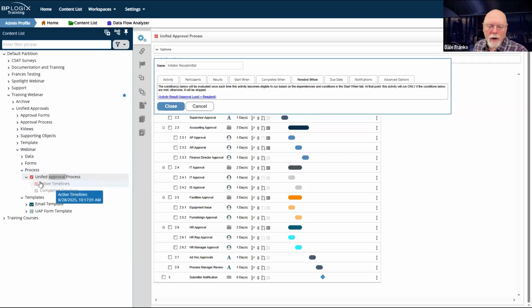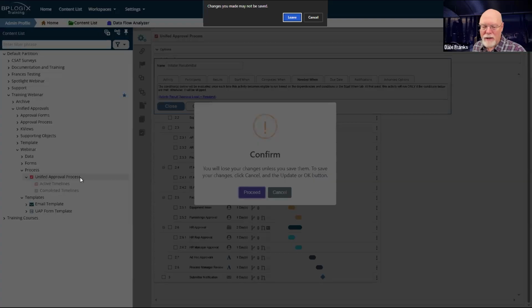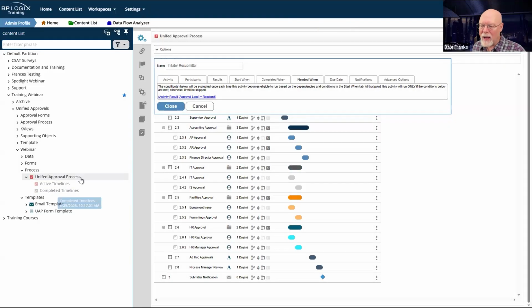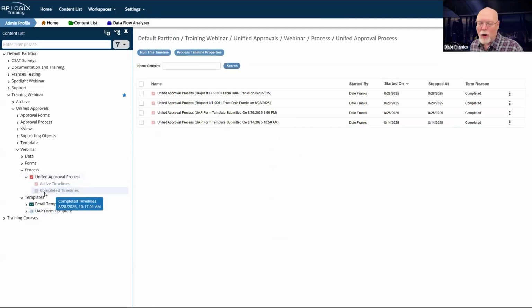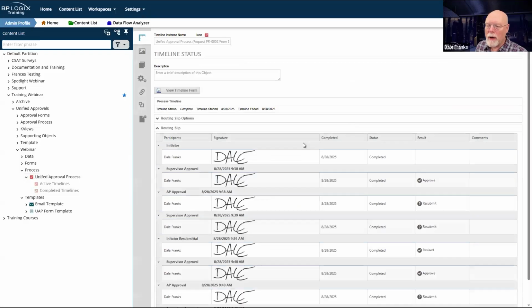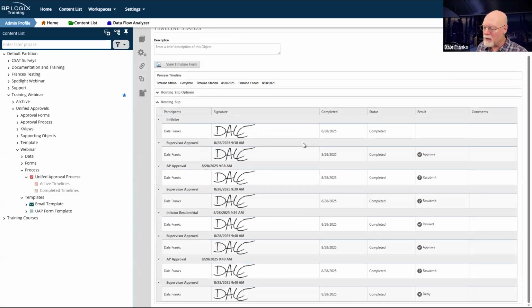I would normally go back to my completed timeline and look at my completed timeline instances. So let's go back and look at that and see if that gives me any clue about how to troubleshoot this. So we'll open up our purchase request process. We can see what happens here. We see that it went back to supervisor approval.